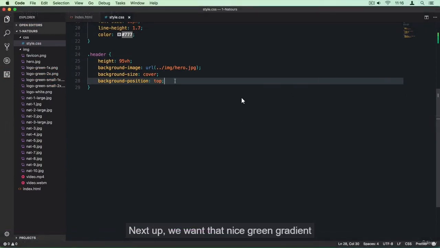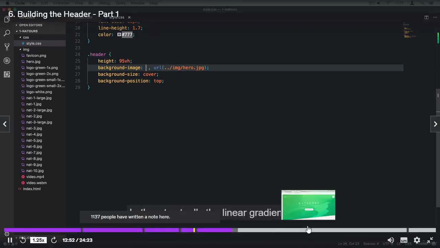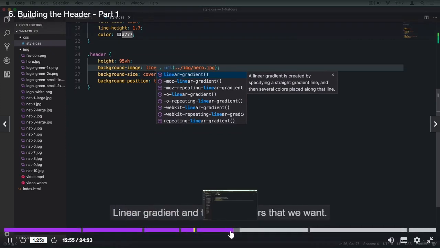Okay, next up we want that nice green gradient all over the image. And how do we do that? We use background image again, because to specify gradients we always use the background image property. Now we already have the background image property here with the image. So what can we do? We simply specify a second one. And what we do is to use the comma. Now we want the background to stay on top, and so it actually has to be the first background image that we specify. So we put our gradient here, and then, comma, the image, okay? So let's put actually the linear gradient here. So linear gradient is